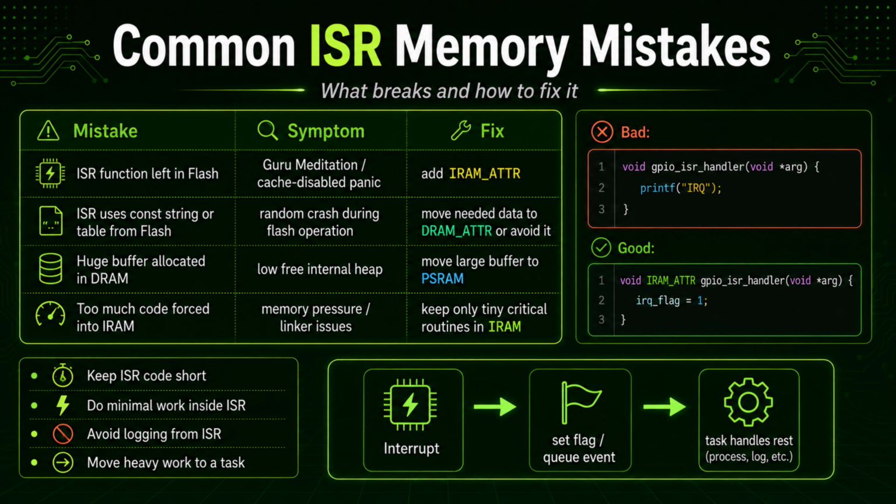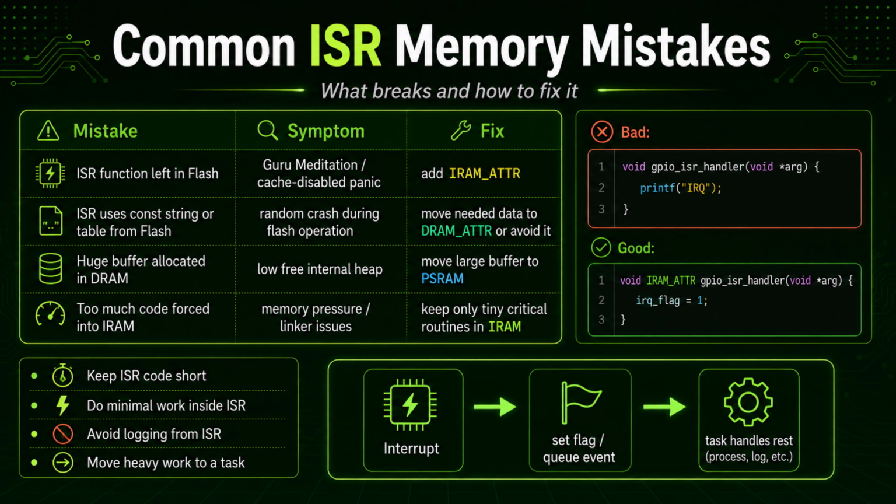The second mistake is more subtle. The ISR itself may correctly live in IRAM, but it accesses constants, strings, tables, or functions that still reside in flash. In that case, the ISR is not truly cache-independent. Critical data may need to be moved into internal DRAM, sometimes using